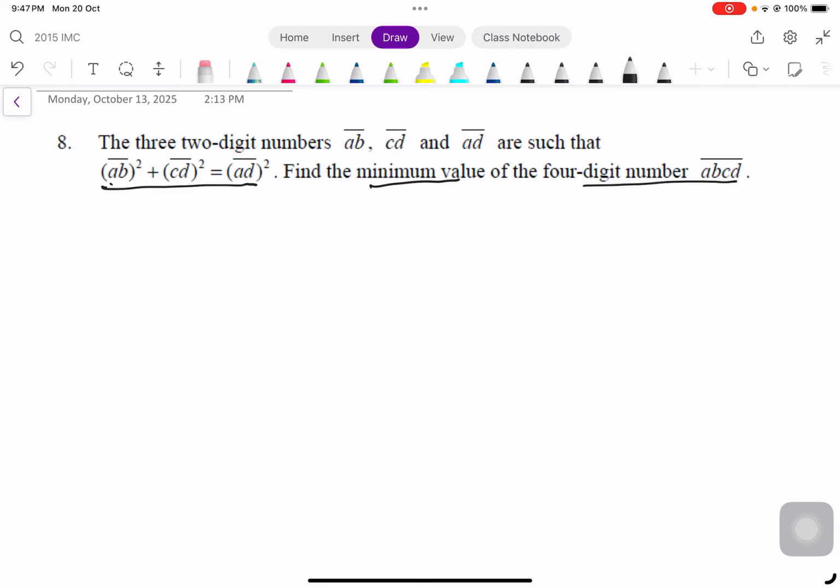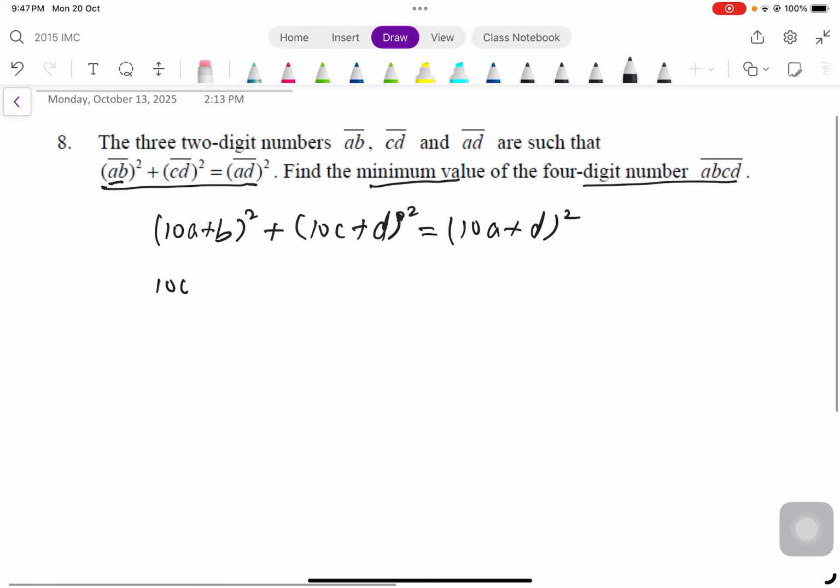That means the two-digit AB is actually 10A plus B, and then you square, and this is actually 10C plus D. And then after that, you square. All right. And then this is just equal to 10A plus D squared. Okay, expand out. You can expand out. Then 100A squared plus